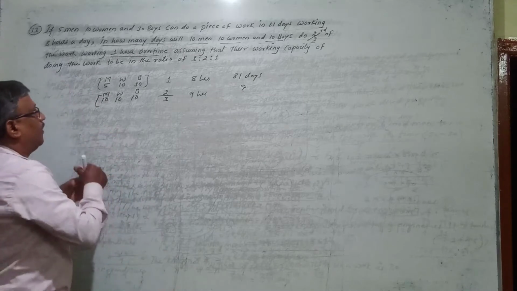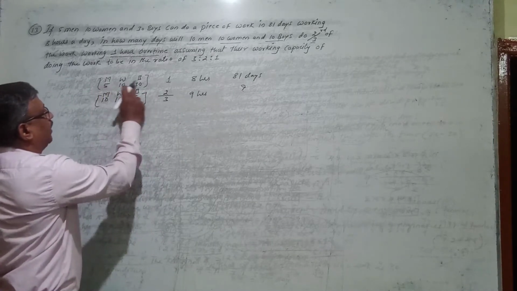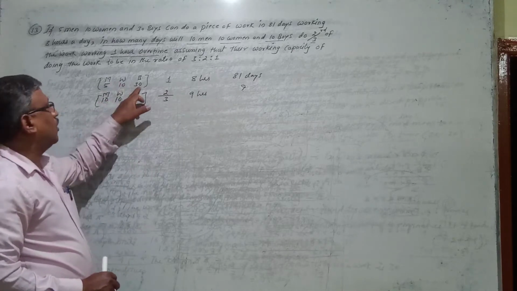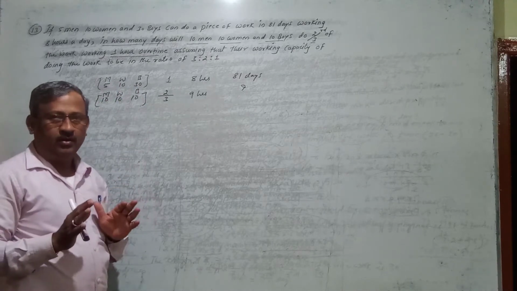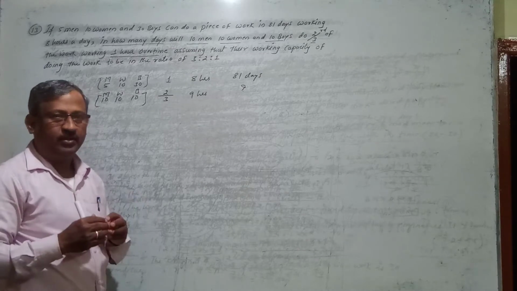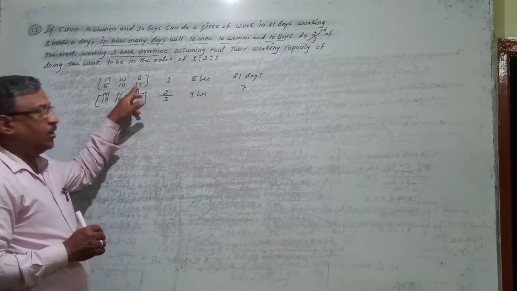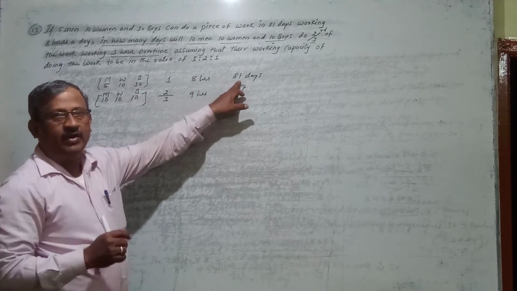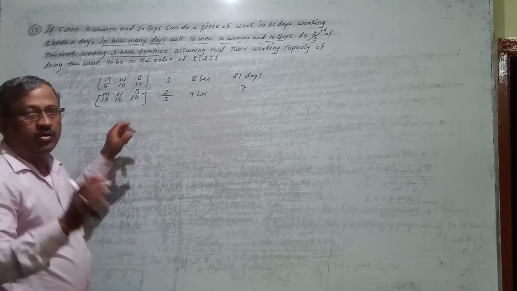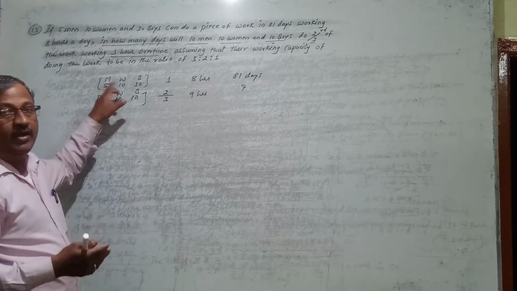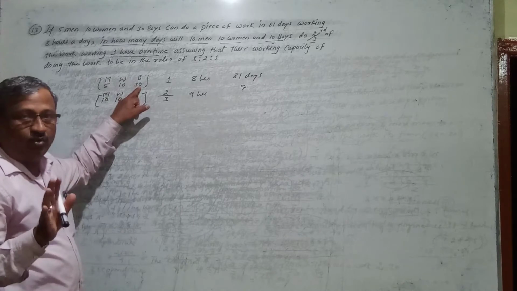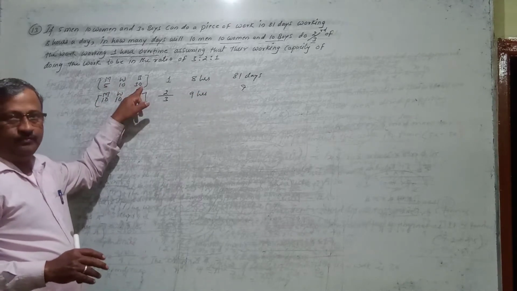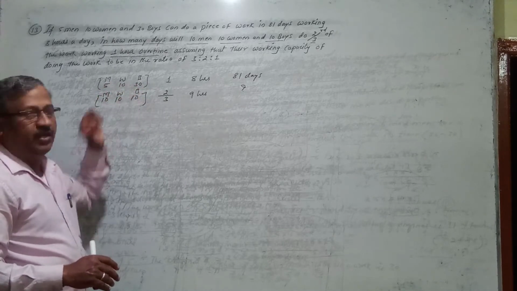But if you compare this group, here they are not working individually. 5 men, 10 women and 30 boys, they are not working separately here. They are working together. So this is one group. For 5 men, 10 women and 30 boys, it takes 81 days. These 81 days are not the days required for only 5 men or only 10 women or only 30 boys, remember. These are the days required for all these three together.